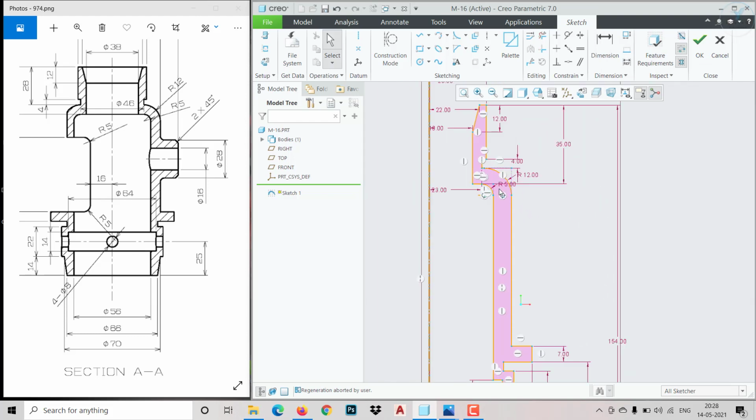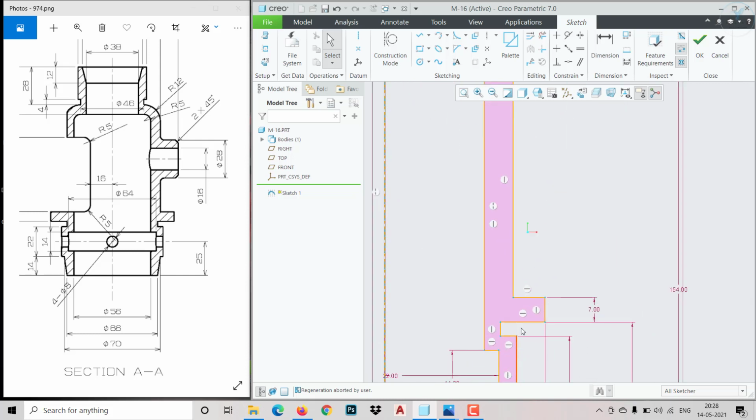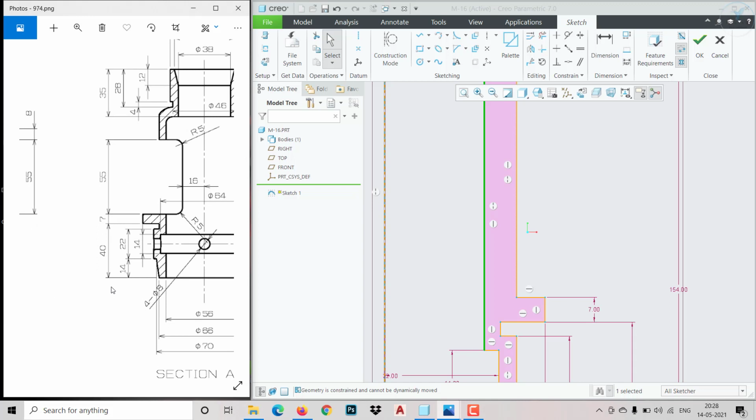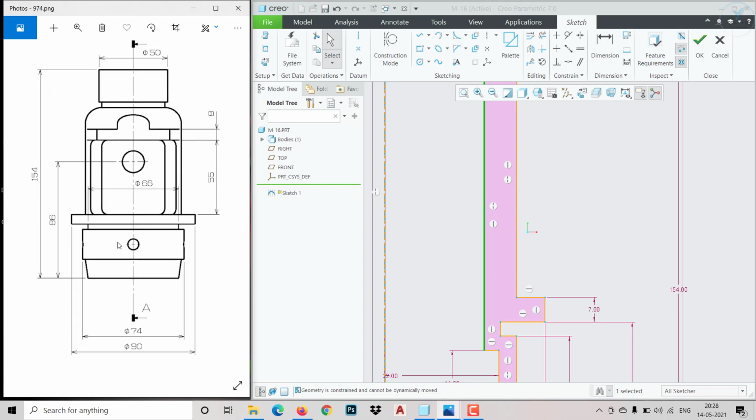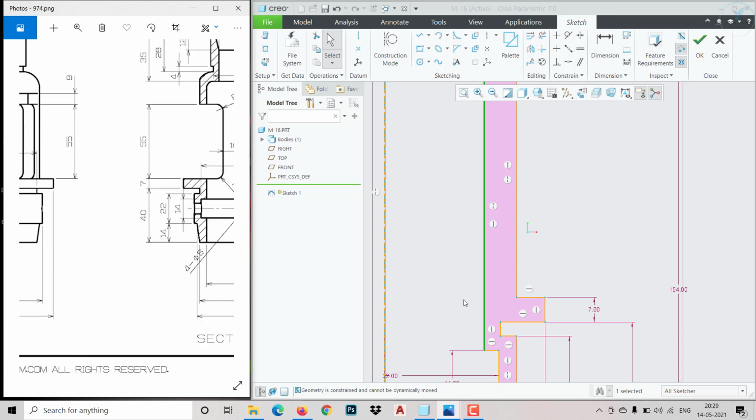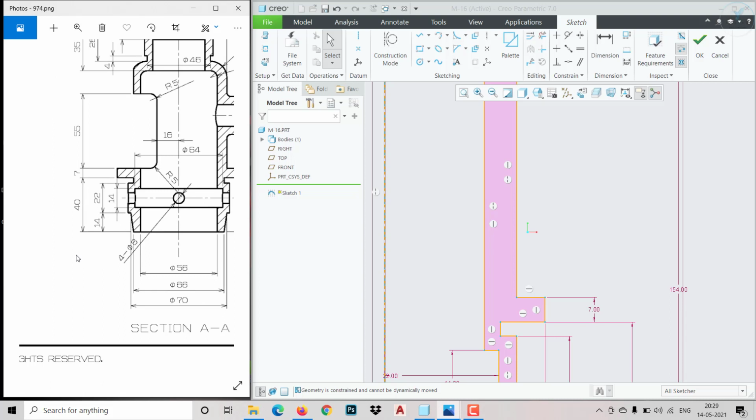So let us make coincident with this line. Okay, so this is not moving, this is not moving. I think this is moving left and right, so that we need to fix. So 90 and this is 66. That is also mentioned.